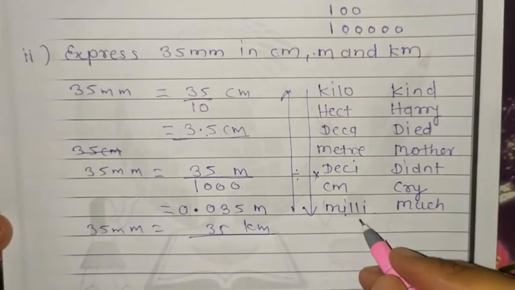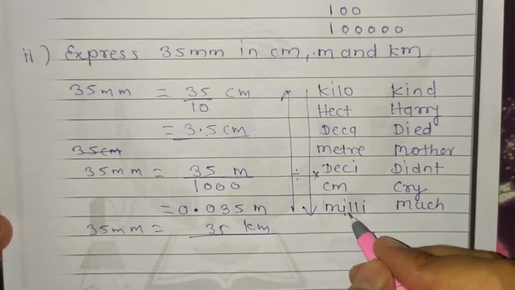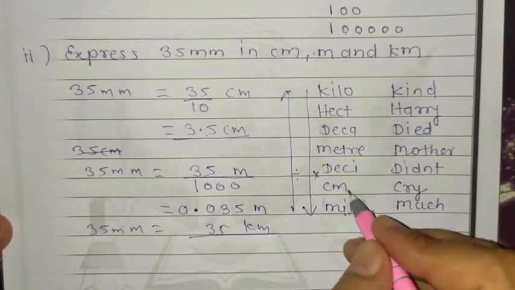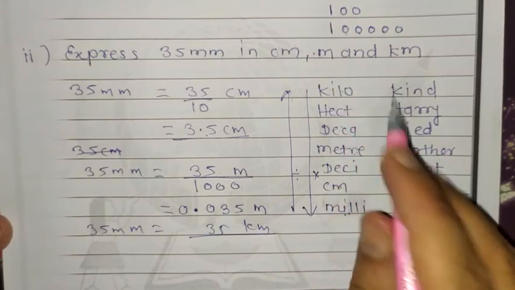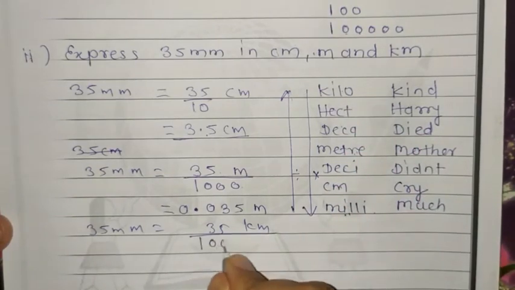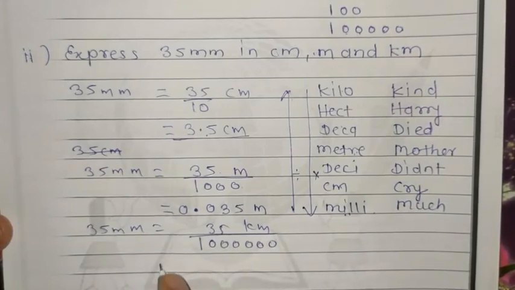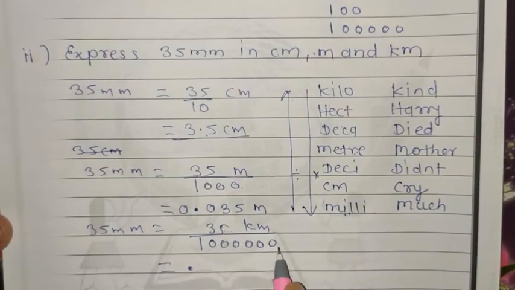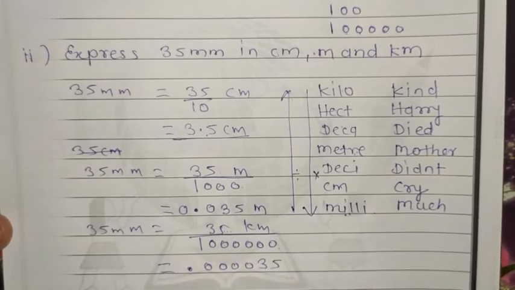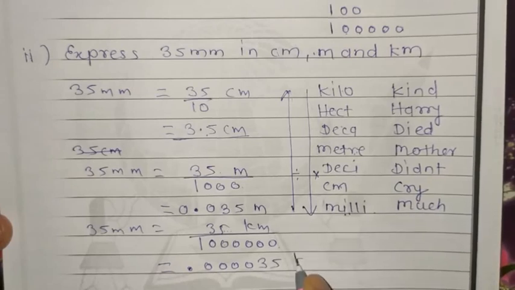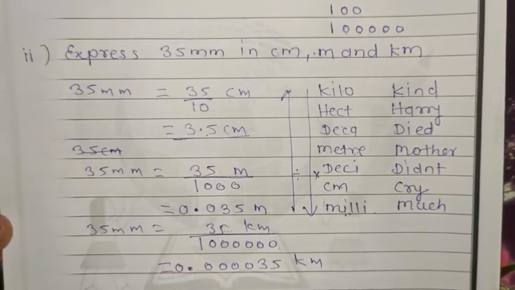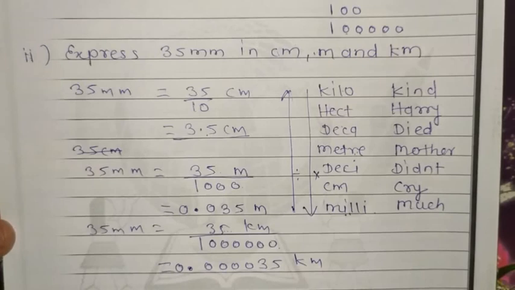So you check that chart. Where is mm? Downside. Where is kilometer? Upside. Count distance 1, 2, 3, 4, 5, 6. We are going in upside, so it is division. So after 1, 6 zeros. Got that? Give the decimal point. So here 2 digits are already there, and here 1, 2, 3, 4, 5, 6. So write 4 zeros, and last two in place of 0 you write 35. And here our unit is kilometer. Here you can use 0 at the beginning if you want, so that we can clearly identify the point. So this is the answer of this question.